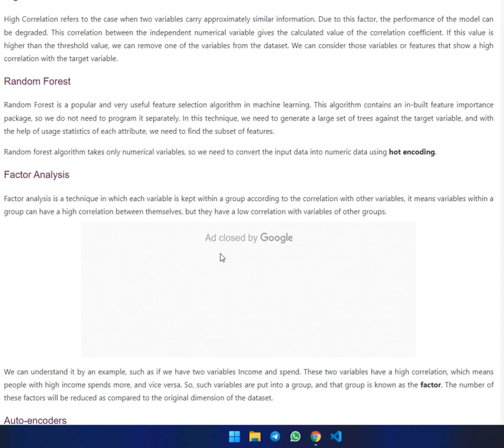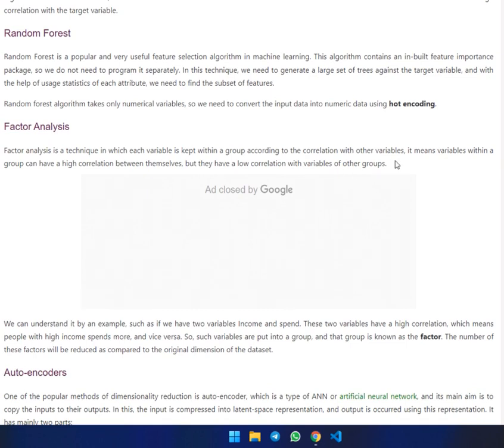Factor analysis. Factor analysis is a technique in which each variable is kept within a group according to its correlation with the other variables. It means variables within a group can have a high correlation between themselves, but they have no correlation with variables in other groups.